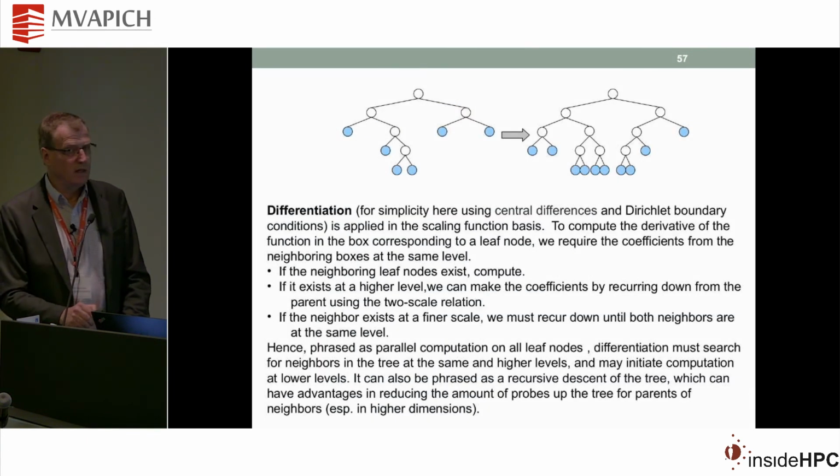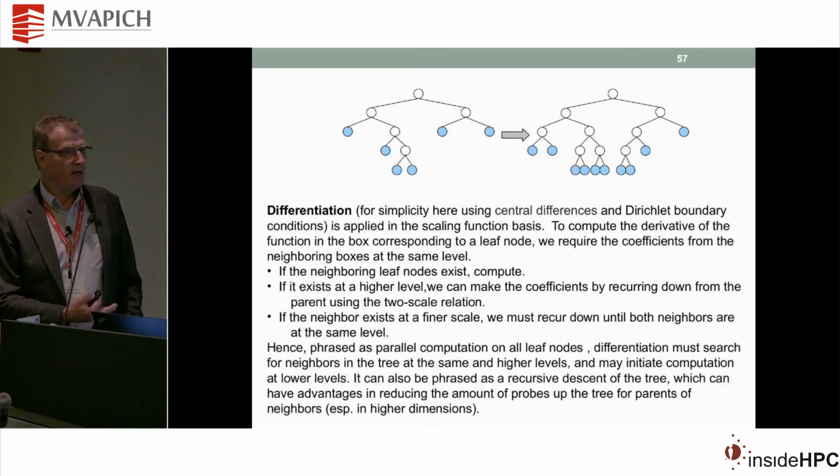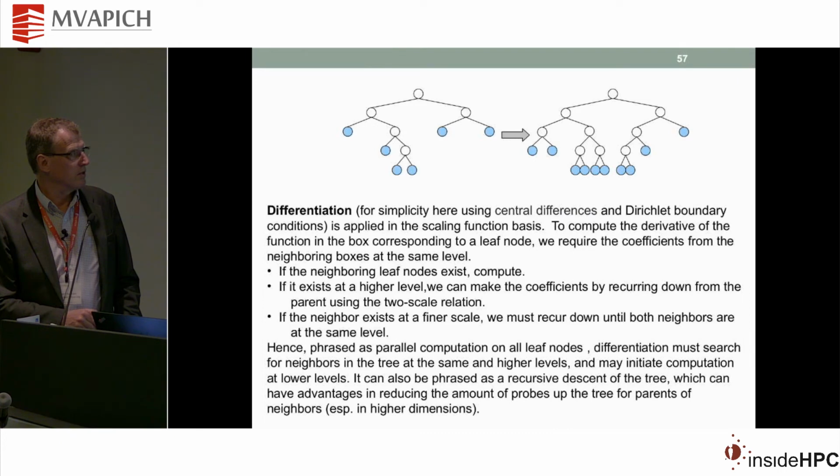So let's look at a specific example that's relevant to the multi-resolution computations. We want to differentiate, and the key step of differentiation is, if we want to compute a central difference, we can think of this as an adaptive mesh, and here we're down at the finest scale of the mesh, and this is up at a coarser scale. We want to differentiate a box. If we want to differentiate this box using a central difference rule, we need the value of the neighbor on both sides. We need the value of this box, the value of the left neighbor, and the value of the right neighbor. But this value doesn't exist. We have to compute it from the value up here at a coarser length scale.